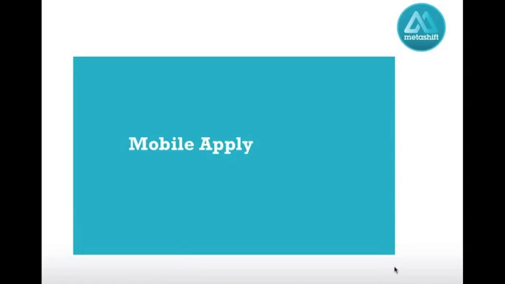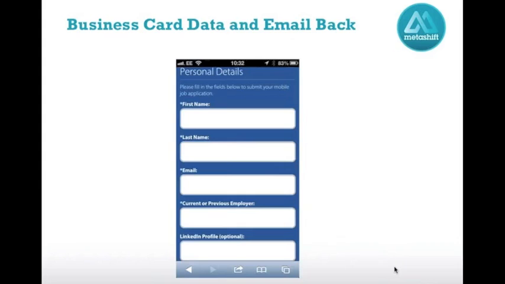So what are the options that are out there at the moment? There's actually quite a few. I think that when mobile apply comes up in conversation, people tend to think it's too difficult, it can't be done, and actually there are loads of practical solutions out there that companies are already using. So the first two, a lot of organizations basically just use simple data capture on their mobile site. So if they're trying to recruit really hard to find people, they're just looking for leads for their in-house recruitment team, they can capture data, they can capture LinkedIn profiles. Very, very easy to do.